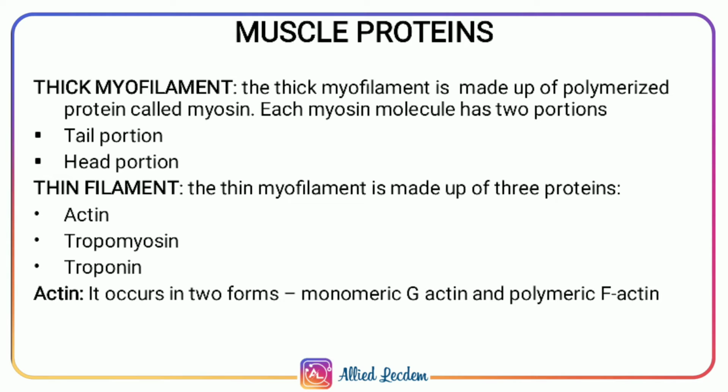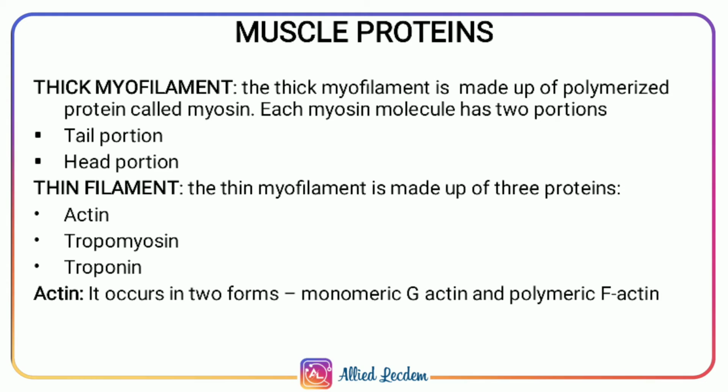Each meromyosin has two parts, that is a globular head with a short arm, and a tail. The globular head along with the short arm is called heavy meromyosin, HMM. The tail is known as light meromyosin, that is LMM. Okay, the globular head acts as an ATPase enzyme. It hydrolyzes ATP to produce energy, which is responsible for the sliding mechanism of muscular contraction.